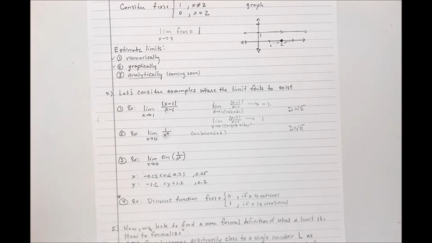We can go from negative 10 to 10 by 1s, but let's just go negative 2 to, let's go 1,000, by 100ths. And if I graph this,